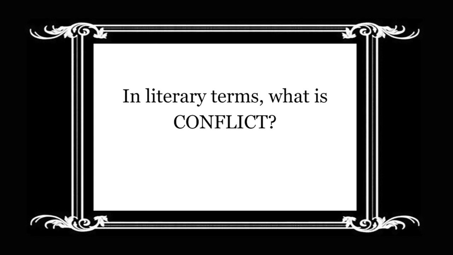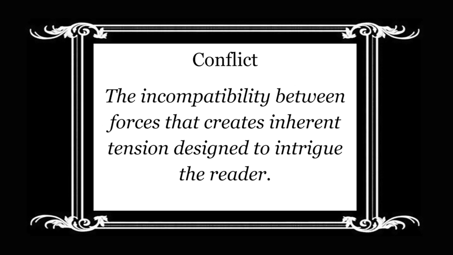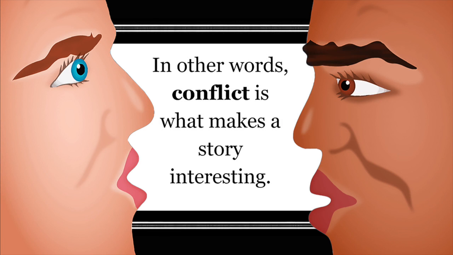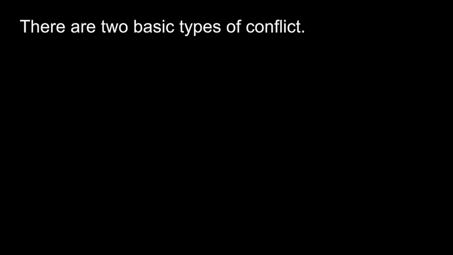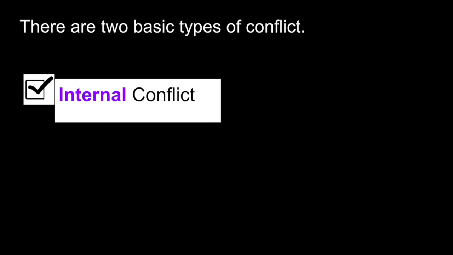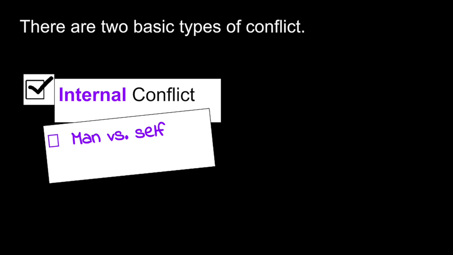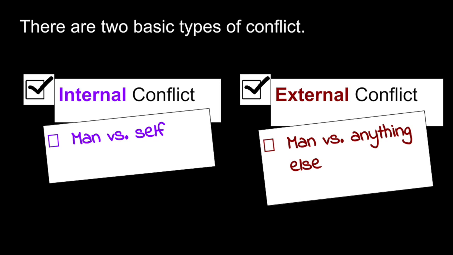In literary terms, what is conflict? Conflict is the incompatibility between forces that creates inherent tension designed to intrigue the reader. In other words, conflict is what makes a story interesting. There are two basic types of conflict: internal conflict, which is man versus self, and external conflict, which is man versus anything else, such as man versus society, man versus environment, man versus the supernatural, man versus technology, or man